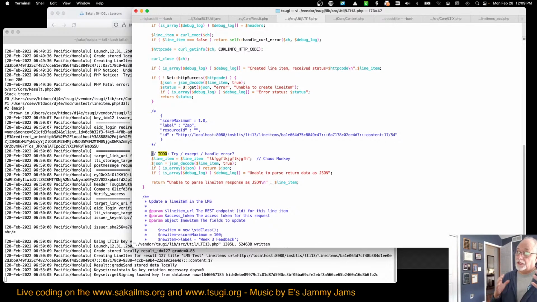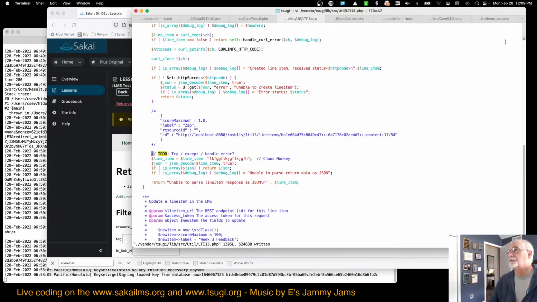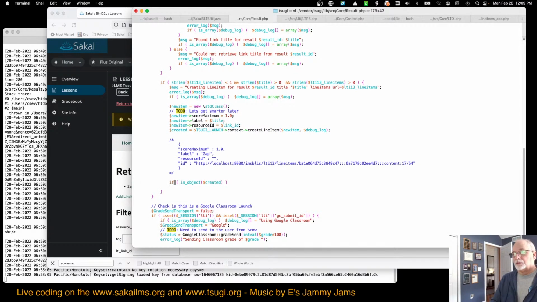So first I want to check my error passage. Even though I think this is going to work, I'm going to create the line item, I'll see it inside Sakai, but then I'm going to force it to act like it got bad data so I can at least see my processing here. So this is going to give me back an array. Is array created, and